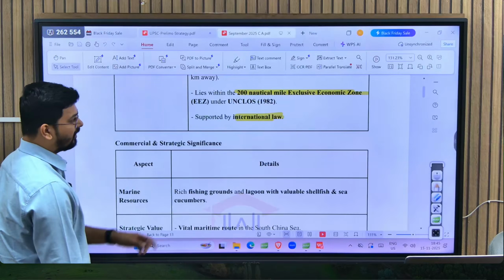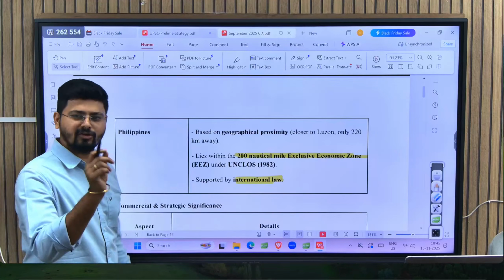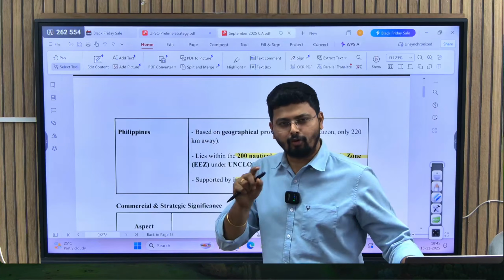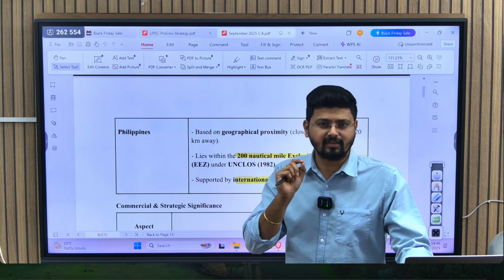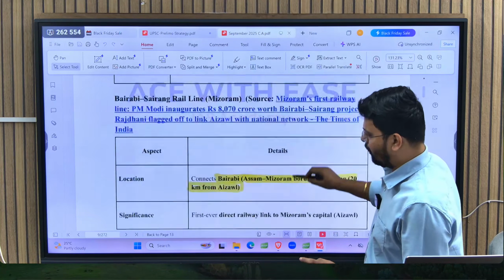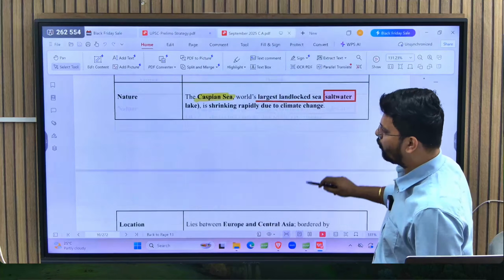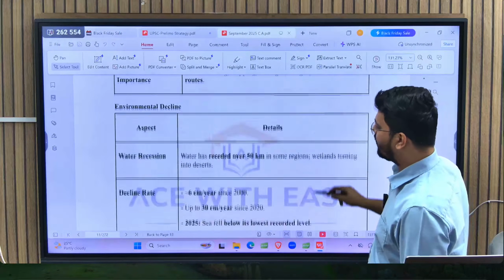Now here I have shown you, right? So now you can write down Scarborough Shoal, and you should just note that it is the dispute between China and Philippines. Where is it present? South China Sea. Along with this, what you have to focus on is, sometimes they may not be asking